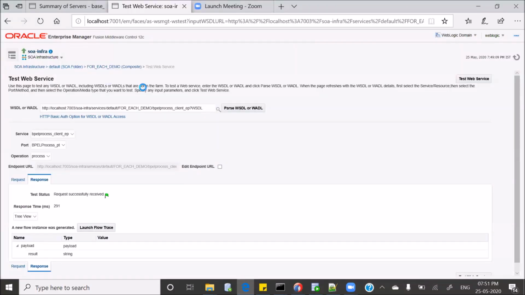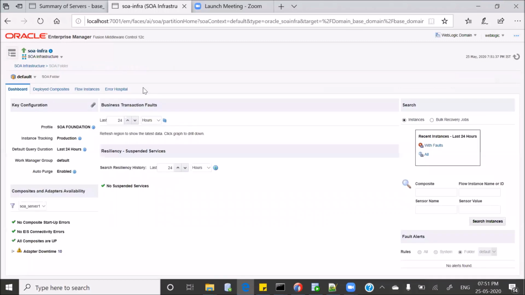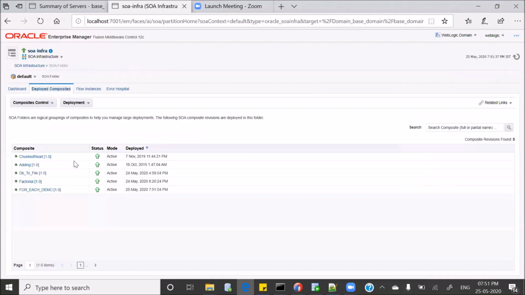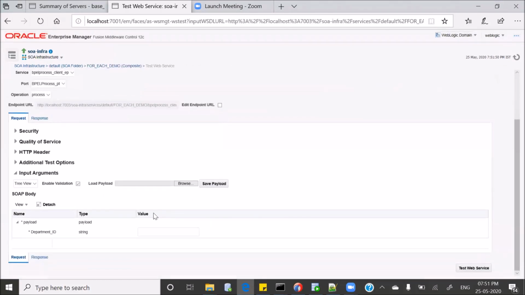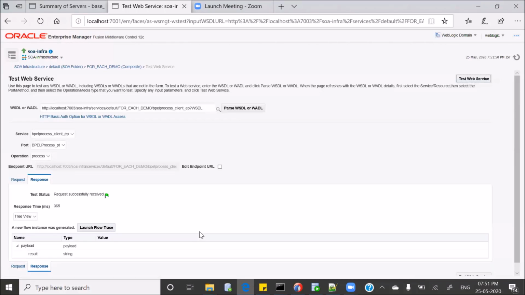So let's go to the composite once again. It's still in development phase. Let's test it. And I'll pass the department ID as 60 once again. I'll test the web service. Yeah, let's launch the flow trace.